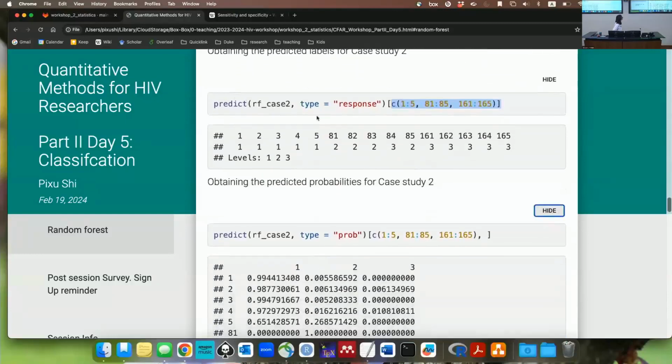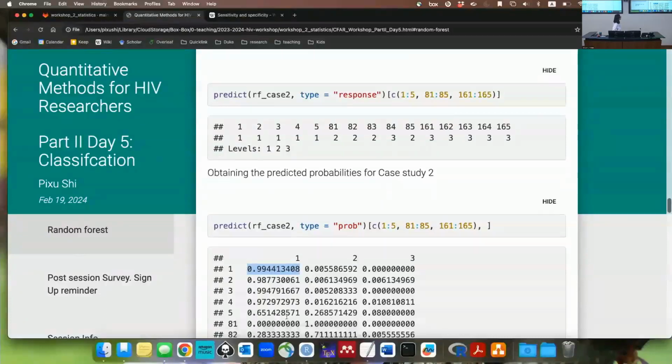So here, this gets to the labels, this gets to the probabilities. Same as the multinomial logistic regression, you're going to use the largest probability for the labels. So the first 5 all have the largest probability in type 1, so they're all given level